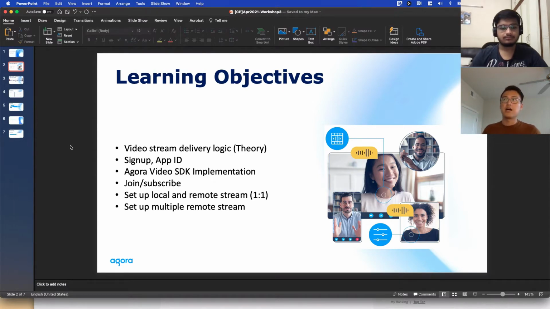Then Akshat will take you through the sign-up process, the app ID, and the most important part, how to add the video chat SDK within your web projects. We will also talk about join, subscribe, and how to set up the local and remote streams for one-on-one situations. Last but not least, we will teach you how to set up multiple remote streams.